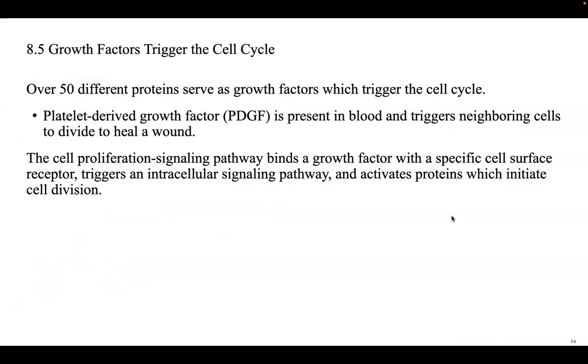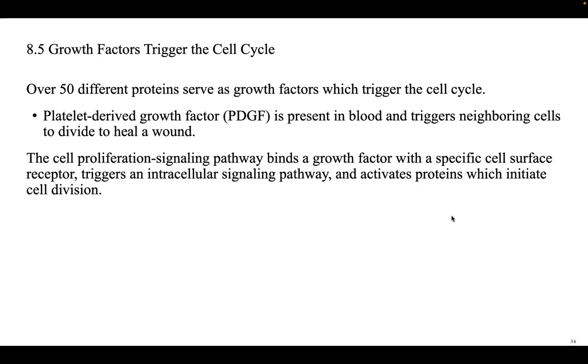Also, there are over 50 different proteins that serve as growth factors, and these are the proteins that trigger the cell cycle. So our platelet-derived growth factor, which is often shortened and called PDGF, is present in blood, and it is what triggers our neighboring cells to divide to heal a wound. So when we get a cut, PDGF is the protein that shows up and says, hey, we need some more